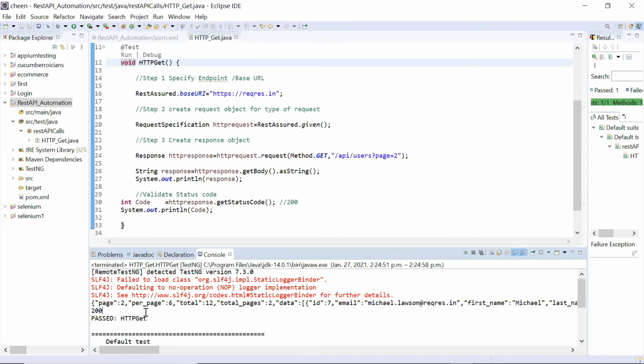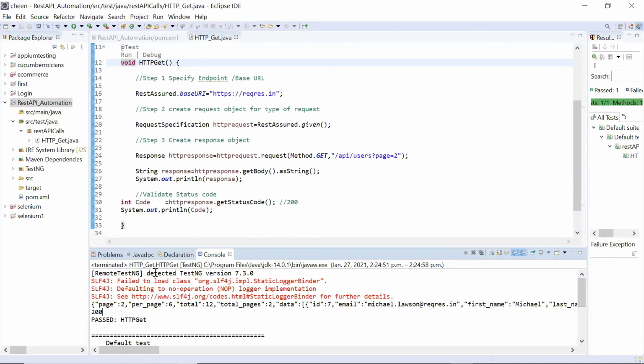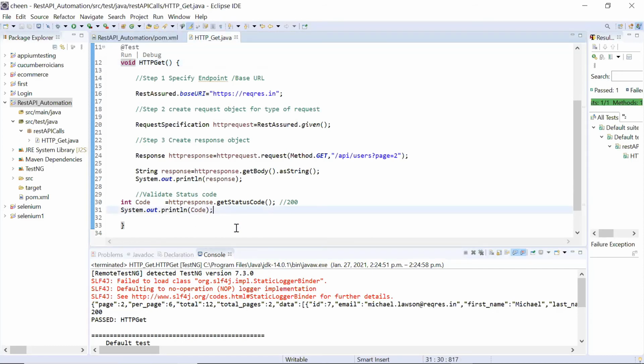This is the code. But okay, I'm checking it manually, but definitely I'm not writing test cases so that I can go to the console and check it manually. I want the system to check whether the code is coming the same way or not, or the body is coming in the same expected way or not. So for that, you all know about it, that is assertions. So I will be using assert so that the system verifies whether my expected is the same as actual or not.